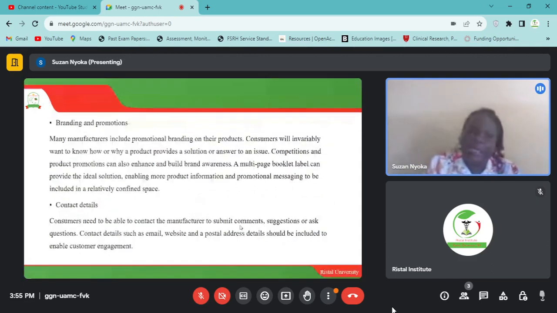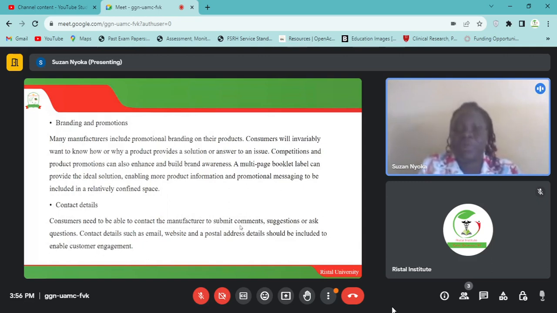And then next, you need to know the branding and promotions. Many manufacturers include promotional branding on their products. Consumers will invariably want to know how or why a product provides a solution or answer to an issue. Competitions and product promotions can also enhance and build brand awareness.